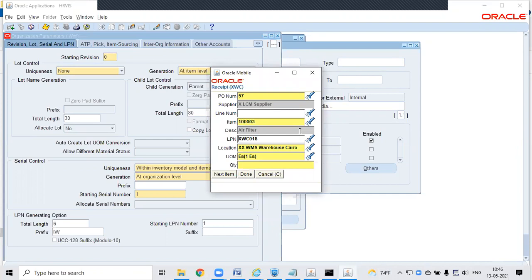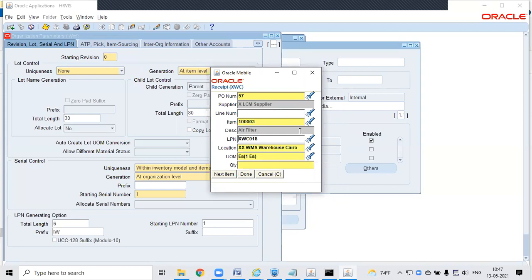But we don't have any control, Tushar, to restrict that a user should not use their own naming convention for the LPN. We can do the control, there is an option to do validations, but it will be a little bit technical. Standard is not possible, but technically it is possible with customization. You have to give a validation.